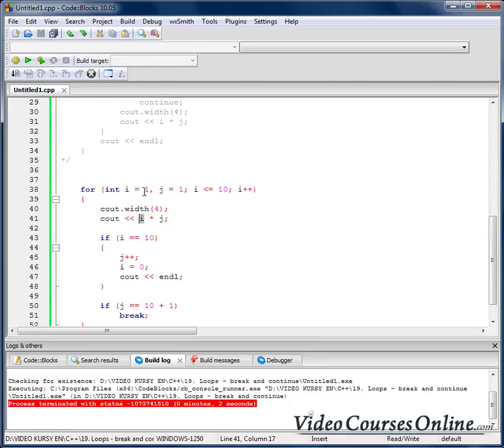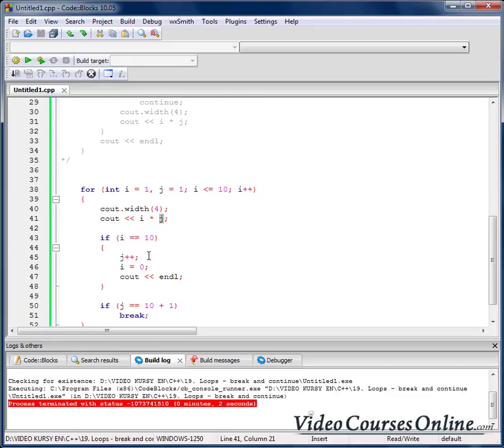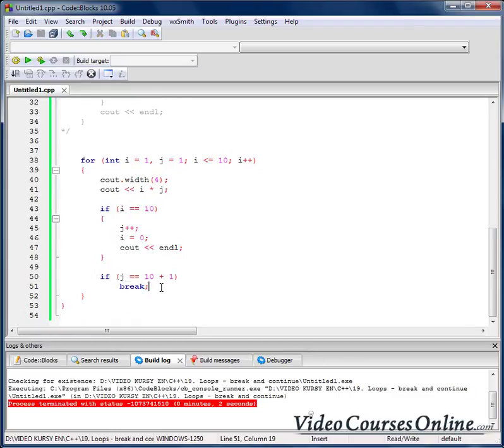So right now we are multiplicating I, so at the beginning 1 by j, which is 1, and after it we are just skipping that guys here because the conditions are not true, they are false, and we are increasing I, we are checking condition, and we are multiplicating 2 by 1, 3 by 1, 4, 5, 6, 7, 8, 9, 10, and finally when it's 10 we are checking that condition is finally true, and we are increasing j, we are assigning to I 0, we are creating the end line, so we are creating the enter, and we are checking that condition which is not true, and again we are multiplicating now this time 1 by j, which is now 2, so we have got now 2, 2 by 2, 3 by 2, 4 by 2,